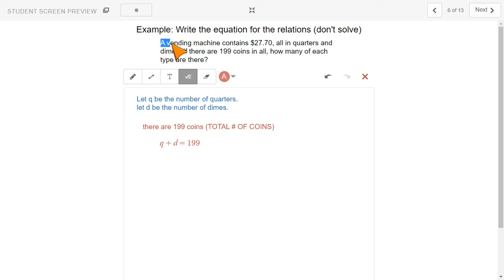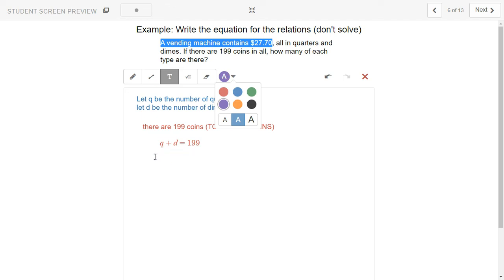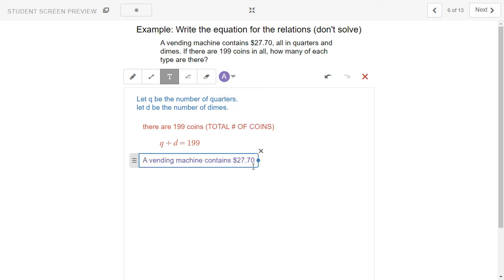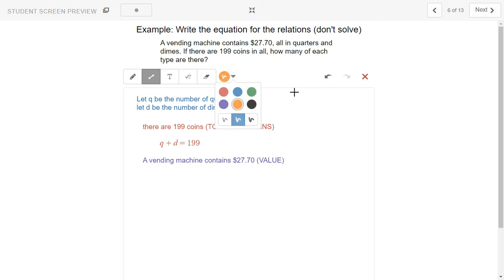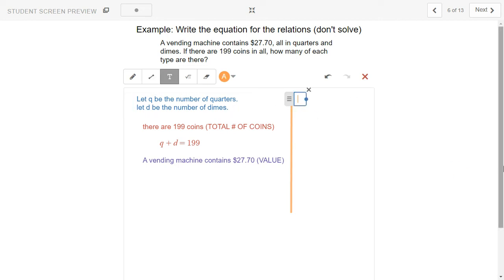Another part that is informative is the 27.70. Now, this 27.70 is talking about the value. So, just as a side note, when we're talking about value, we need to multiply the value with the total amount to get the total amount of dollars. So, side note,